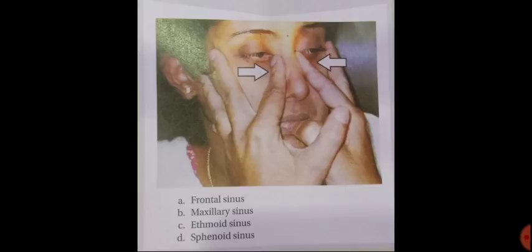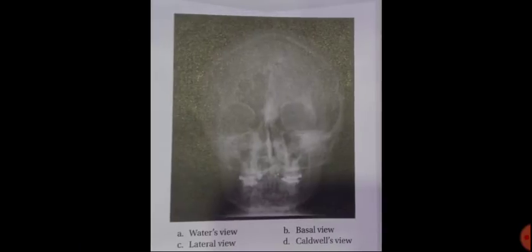So basically done in case of acute ethmoiditis, to see whether they are inflamed or not, whether infection is present or not. Now tell me the radiological view which is shown here and what is the significance. It has already been asked in your examination. This is the Caldwell view. So the answer here is D and not Waters. Caldwell's view is the occipitofrontal view, while Waters' view is the occipitomental view.